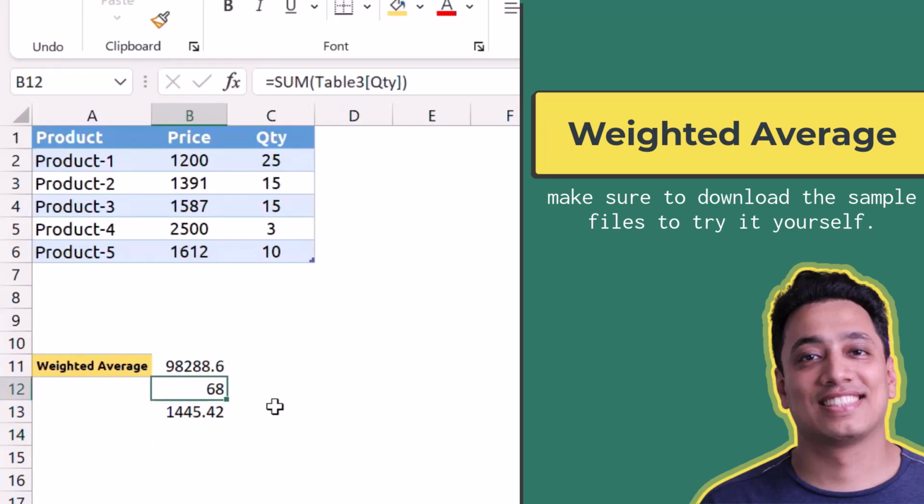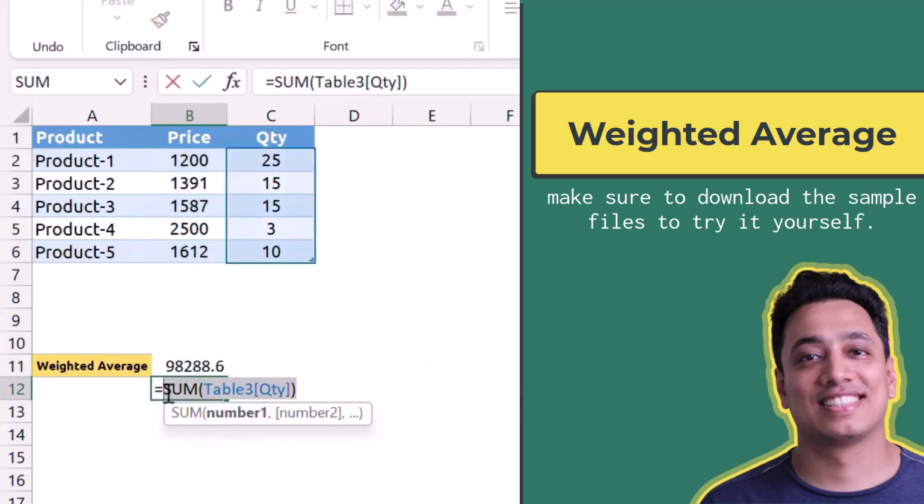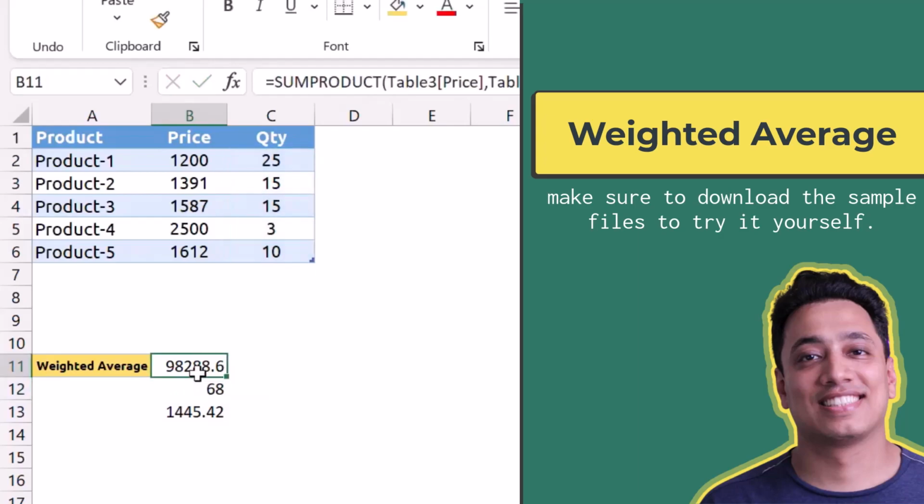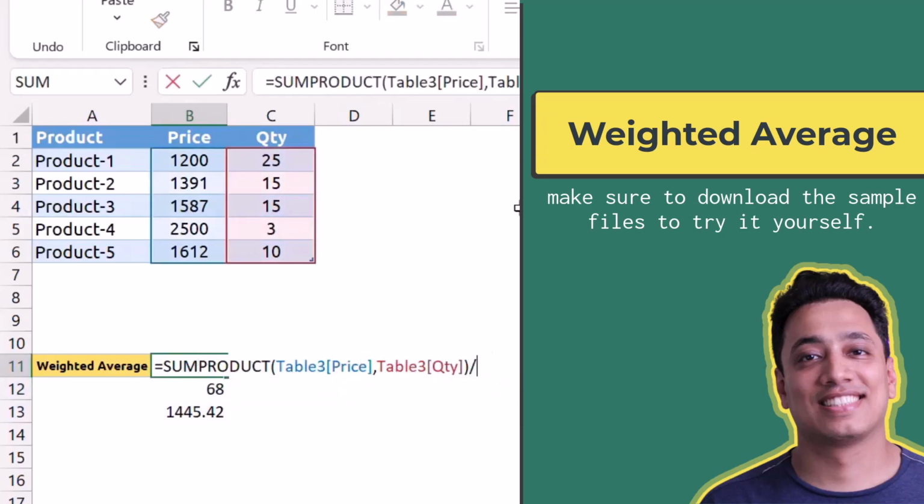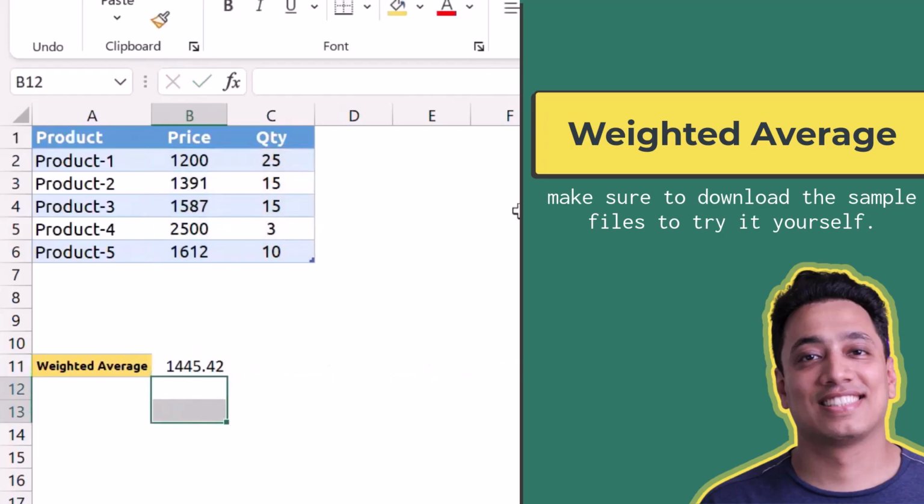Now I can simply use both of the functions in a single cell just by using the divide operator. And here I have 1445.25, that is the weighted average of the price. Now the moment I change the quantity, so if I convert 15 into 25, the weighted price will change. So this is the easiest way to calculate the weighted price or anything for which you want to calculate the